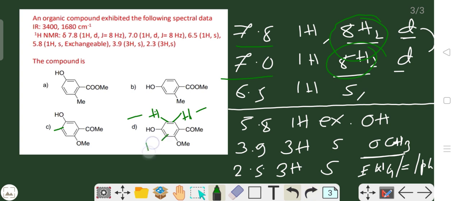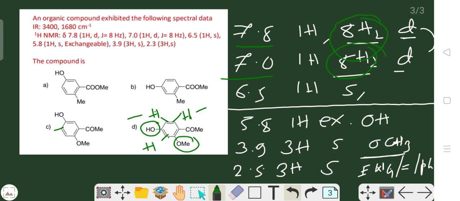And lastly look at this hydrogen. Now this is in between donating substituents, that's why the value should decrease. The electron density of that carbon becomes the highest because of the OMe and OH groups. They are ortho to it, that's why they donate electron density to that carbon. So the density will be rich, and ultimately the hydrogen will be shielded.